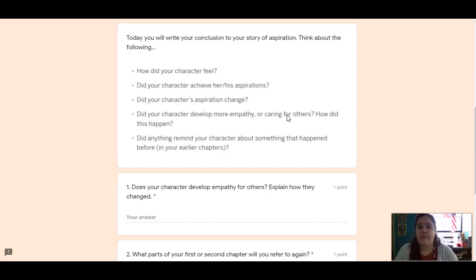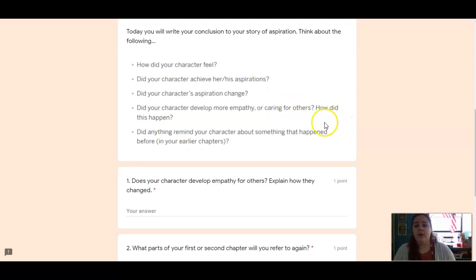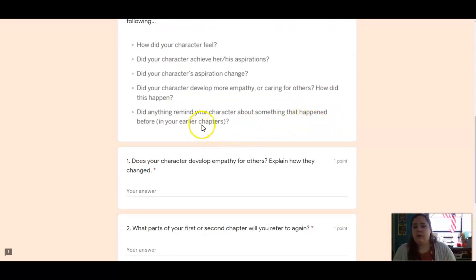She started caring for others more. So does your character do this as well? And if so, how? And again, yesterday we talked about how Esperanza repeated things. So the things that happened in vignettes 8 and 9, some had already happened in vignettes 1, 2, and 3. So is there anything that you want to repeat in your conclusion?